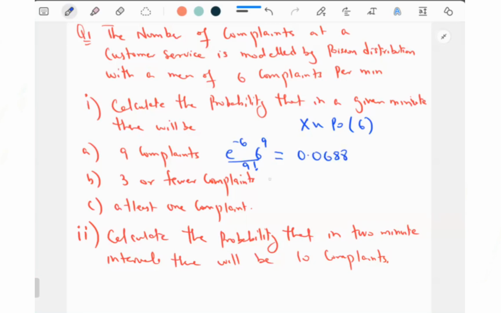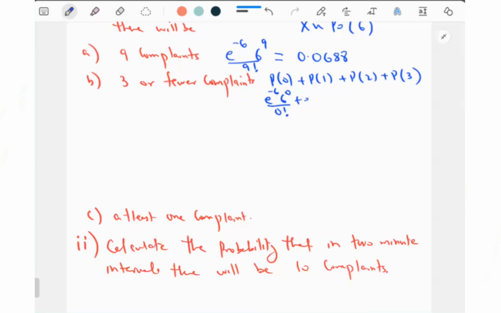3 और फ्यूअर कंप्लेंट्स का मतलब है प्रोबेबिलिटी ऑफ 0, प्रोबेबिलिटी ऑफ 1, प्रोबेबिलिटी ऑफ 2, प्रोबेबिलिटी ऑफ 3। आर यू ऑल विद मी? यही फॉर्मूला लगा देंगे। e माइनस 6, 6 की पावर 0, 0 फैक्टोरियल, प्लस e की पावर माइनस 6, 6 की पावर 1, 1 फैक्टोरियल, e की पावर माइनस 6, 6 2 अपॉन 2 फैक्टोरियल, e की पावर माइनस 6, 6 की पावर 3 अपॉन 3 फैक्टोरियल, 0.151।